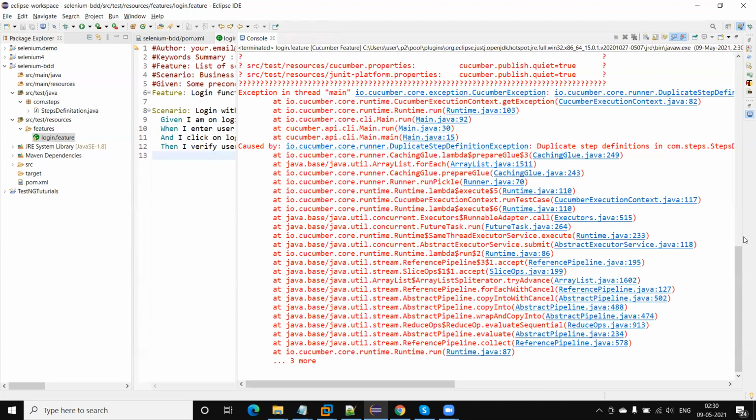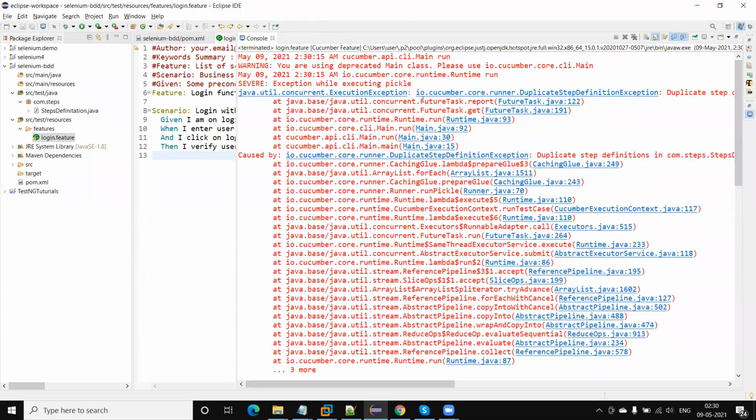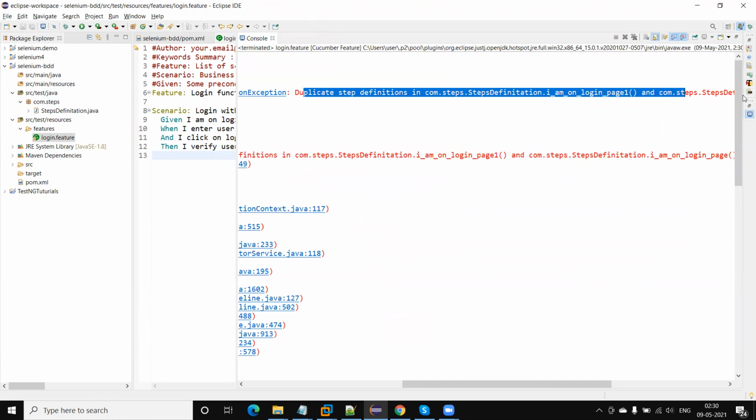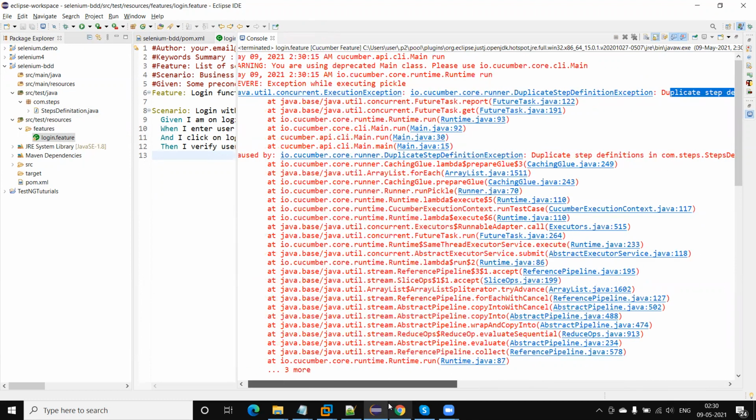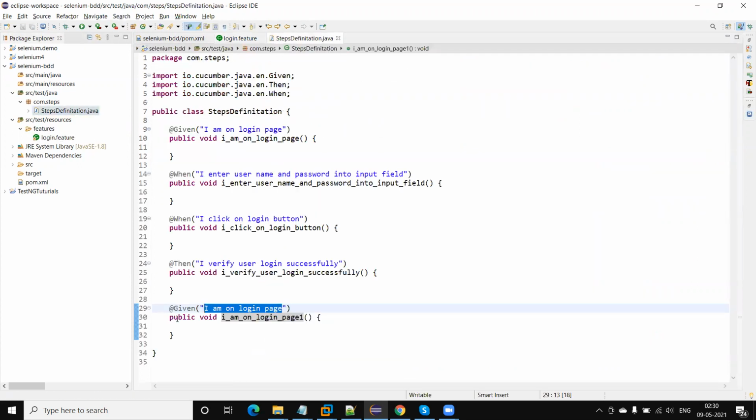Now here I will get the ambiguity issue. You can see the exception: duplicate step definitions are defined in this file. It means we cannot create duplicate steps in the same file or in a different file either.